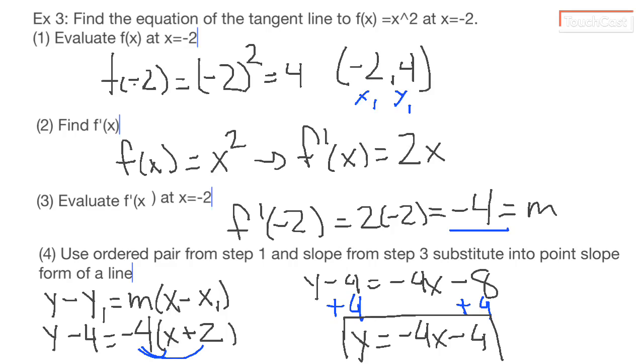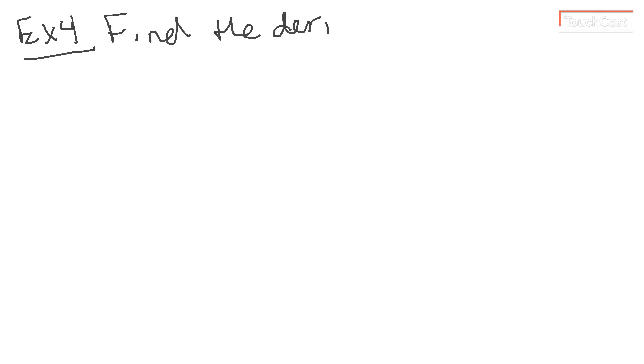I think we have time for at least one more example in this video. So in example 4, all we're going to do is we're going to find the derivative. I've got two different functions to look at. The first function we're going to look at is f of x equals the cube root